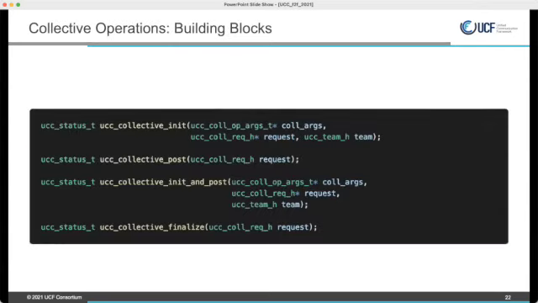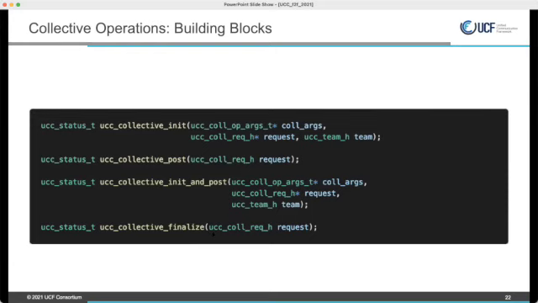And when you are ready to post a collective, when you want to really do a collective operation, when the data is ready, you want to call a post. In some of the collective models, you might want to merge this. So init and post is more of a convenience wrapper. And once you finalize, you cannot call the post again. So here we release all the resources.